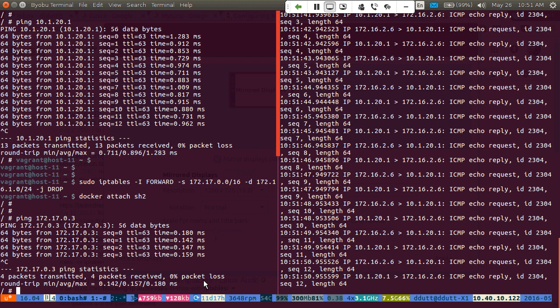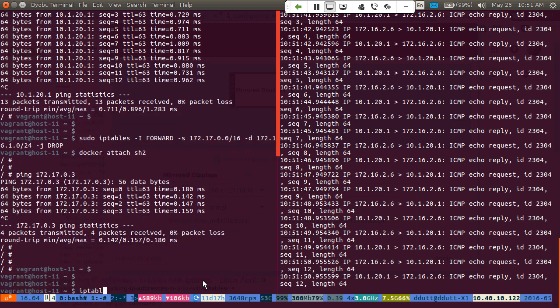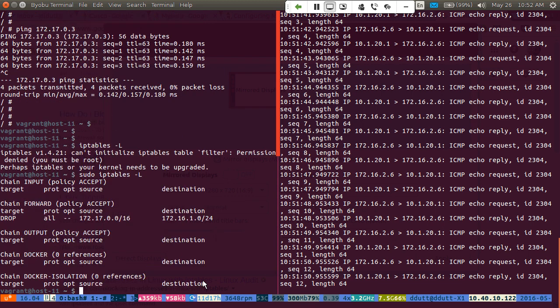So let me go back and actually take a look at iptables -L. It's there, but drop 172.16.